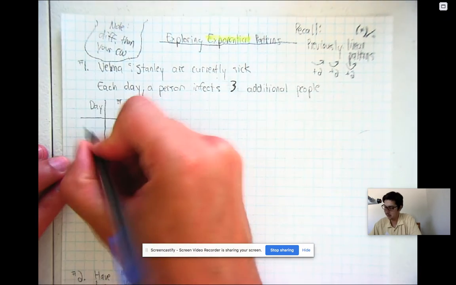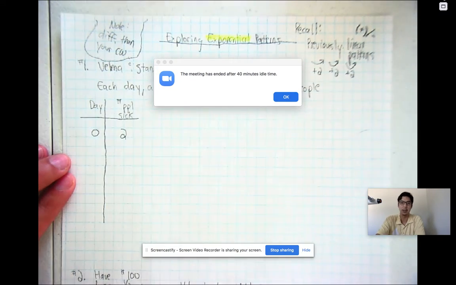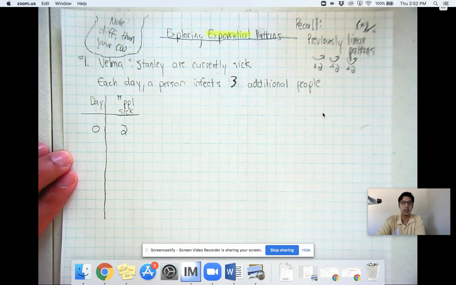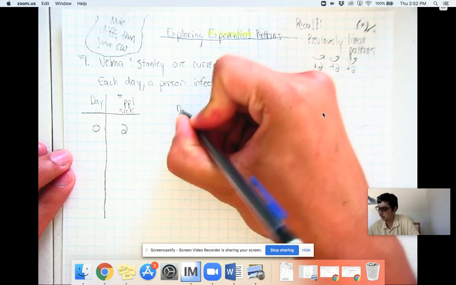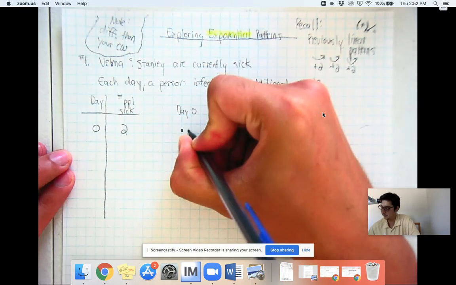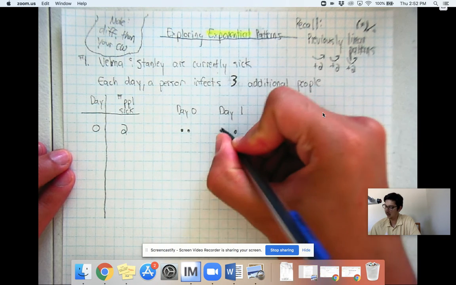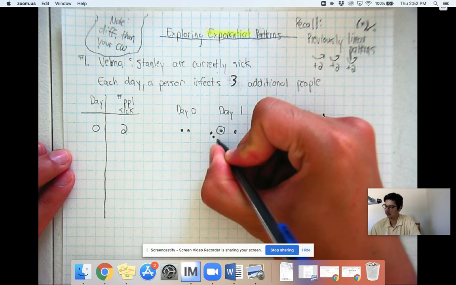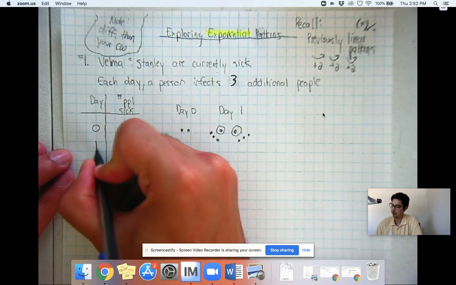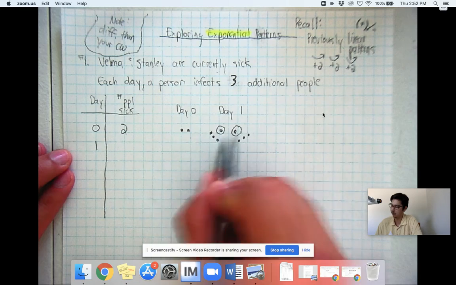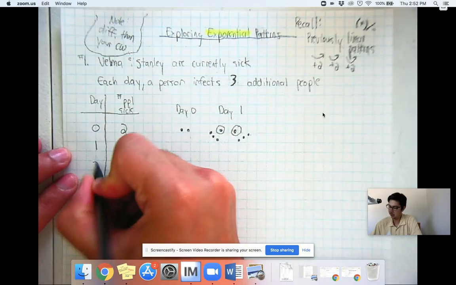So we know that on day 0, there's 2 people currently sick, Velma and Stanley. Okay. Now, each day a person infects 3 additional people. So let's draw a picture of this. So day 0, there's 2 people that are sick. Well, on day 1, each person is going to infect 3 people. So after 1 day, we have a total of 1, 2, 3, 4, 5, 6, 7, 8 people. And then day 2,